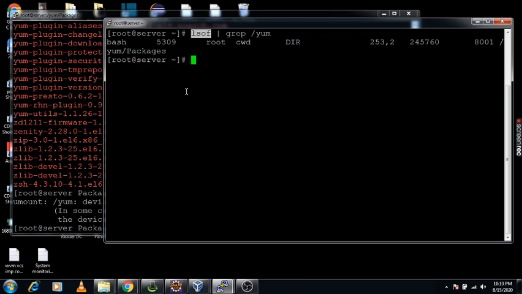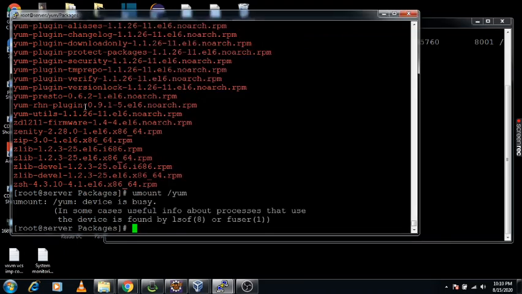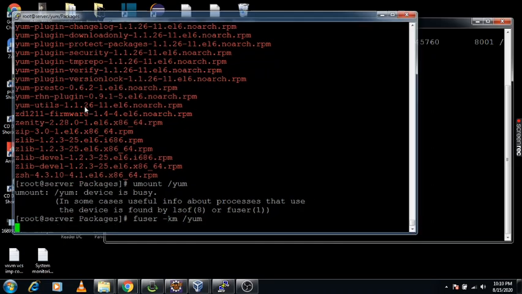If suppose you want to unmount it forcefully, at that time you need to use fuser -km /yum.